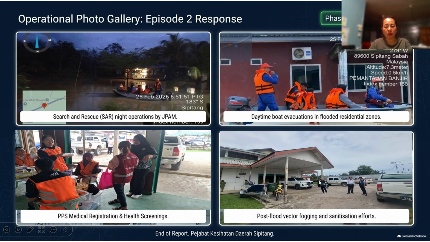So for the conclusion, effective disaster management requires early warning, rapid evacuation, medical surveillance, environmental health control, and strong cooperation between agencies. The Sipitang response successfully protected the affected population with 0 mortality and no secondary outbreak